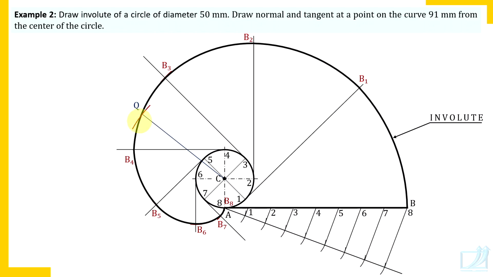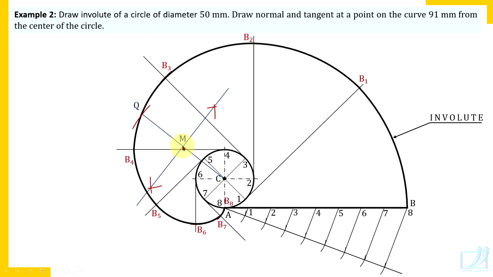And what is that? How you bisect a line, you know. Take length in compass greater than half of the length and draw intersecting arc on both sides of the line from ends of line CQ. Join these points of intersection and you have found out midpoint. Had it been given 90 mm, we would have avoided this construction. We would have directly measured 45 mm. Now, as a procedure, remember, where you want to draw normal and tangent, join that point with the center and get midpoint of that line.